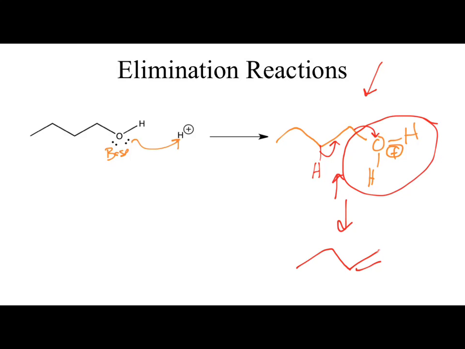E1 elimination reactions require a tertiary or secondary substrate. They won't move through our primary mechanism because that gives us a carbocation, a terminal carbocation, or a primary carbocation. We can't do that. Okay? So this reaction is an E2. Okay? And if we went back to our summaries of these,